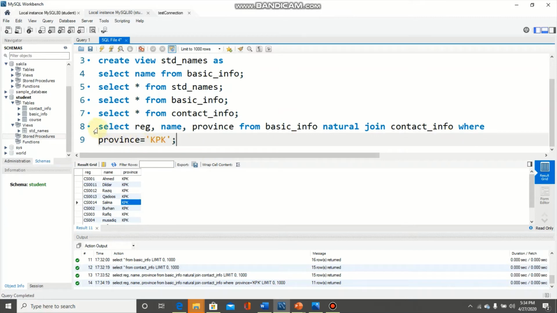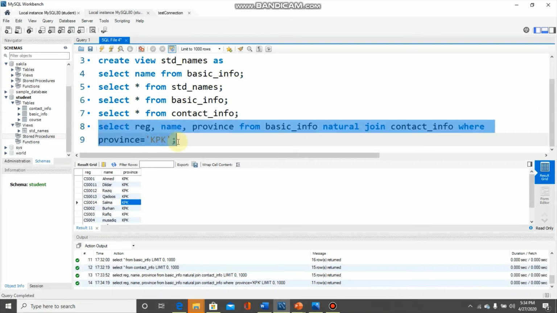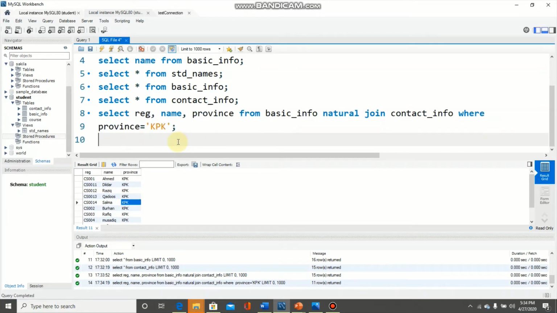So I'm using this query in a view. So I need to create a new view. So create view, and here I type std from KPK and then as.